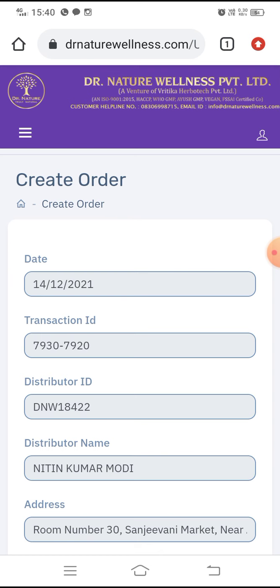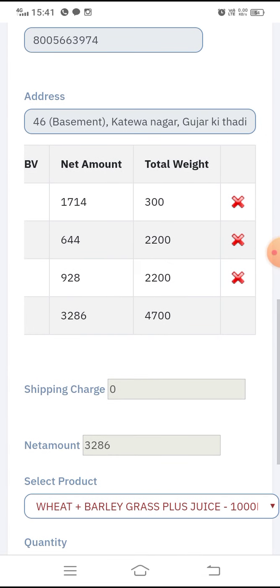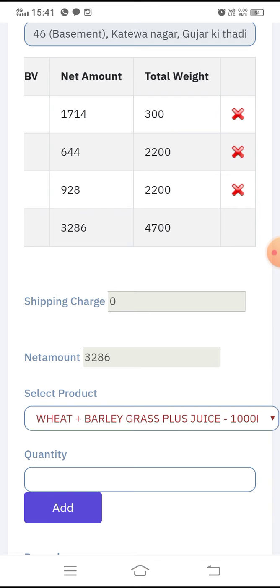Always remember, there is a loyalty program going on. When you order between the 1st of every month to the 15th of every month, in between these 15 days, if you order 1500 rupees or a multiple of 1500 rupees, if you purchase for 5 months, then you get the 6th month free. For example, here you ordered 2500, right? Here, for example, we crossed 3000 rupees. If you purchase 3000 rupees for 5 months continuously within the 1st to 15th of the month, then in the 6th month we will get 3000 rupees of free products via the company. So this is a very amazing offer, the loyalty program.